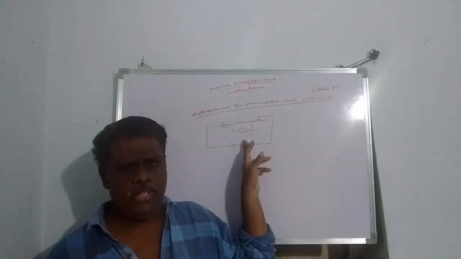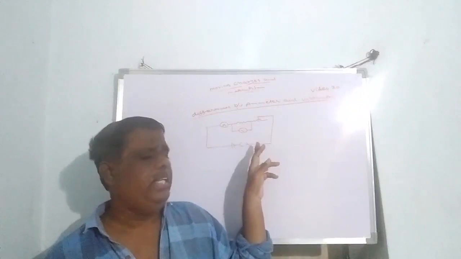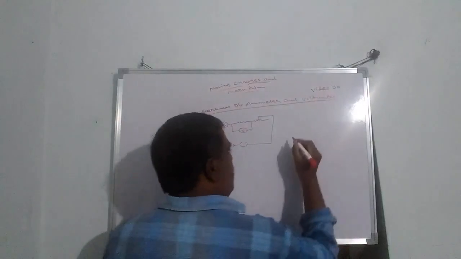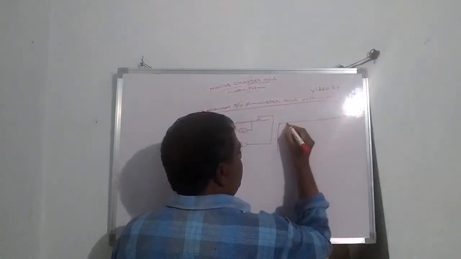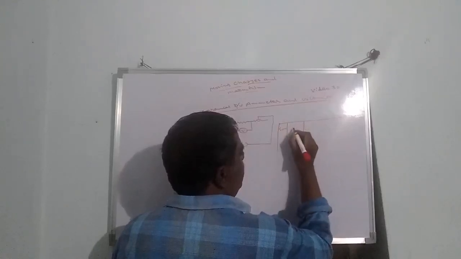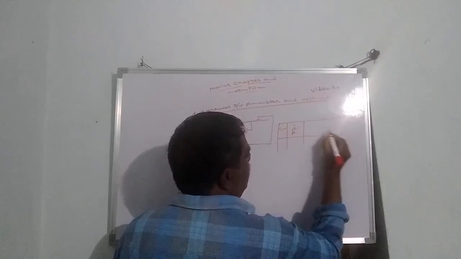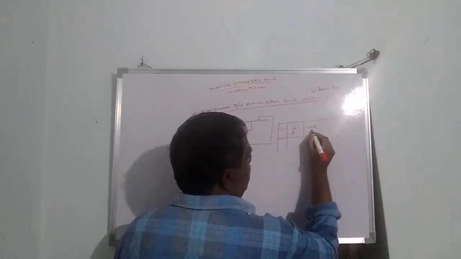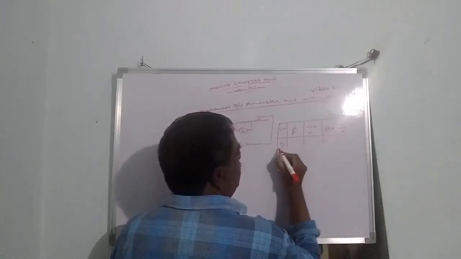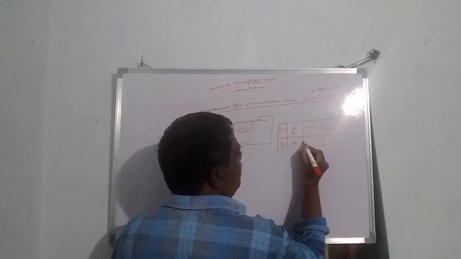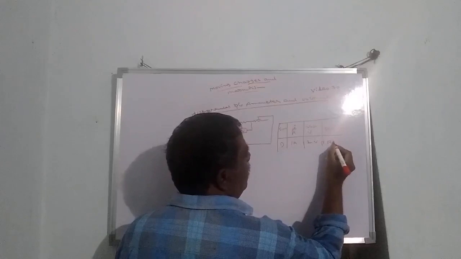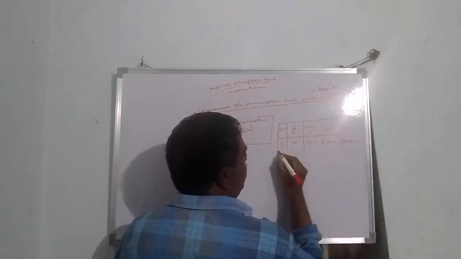You have studied this in the 10th class also. These values are recorded and noted in a tabular column. The tabular column will be like this. This will be the serial number. Ammeter reading is denoted with I, in amps. Voltmeter reading is in volts. Resistance R is equal to V by I. Suppose in the first case the ammeter reading is 1 amp. The corresponding voltmeter reading is 2 volts. Then R value will be 2 by 1, equal to 2.